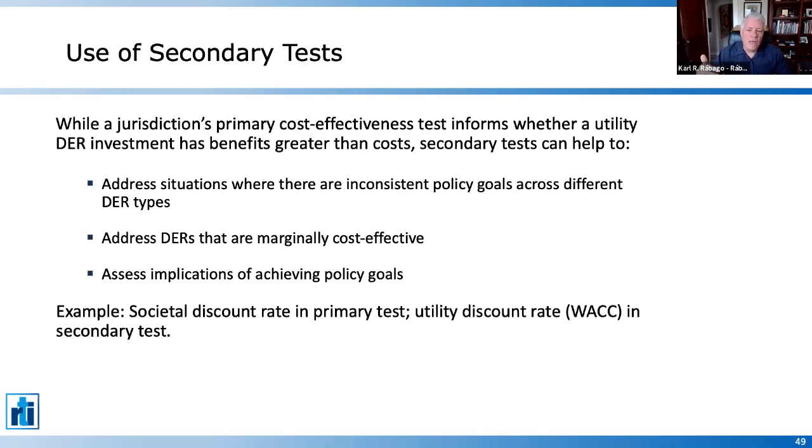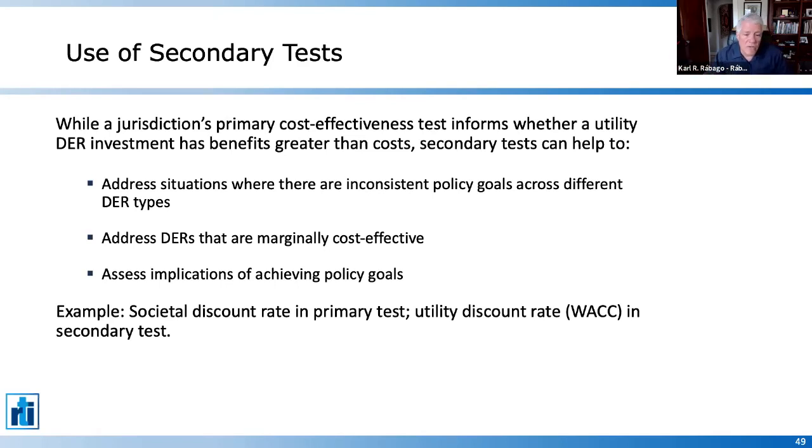Or finally, where you want to address implications to society through the use of a societal cost test of achieving policy goals, or to focus more narrowly on what the benefit cost ratio is for the utility alone,